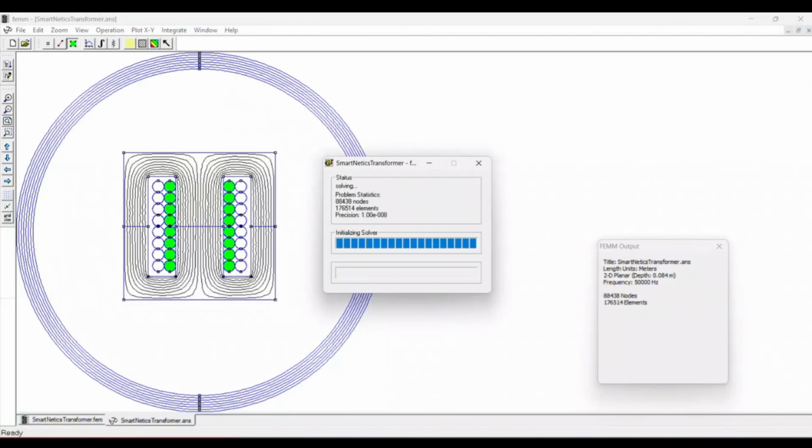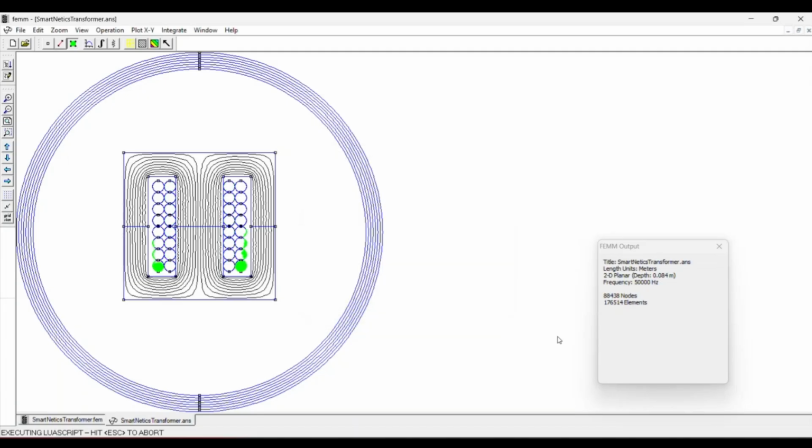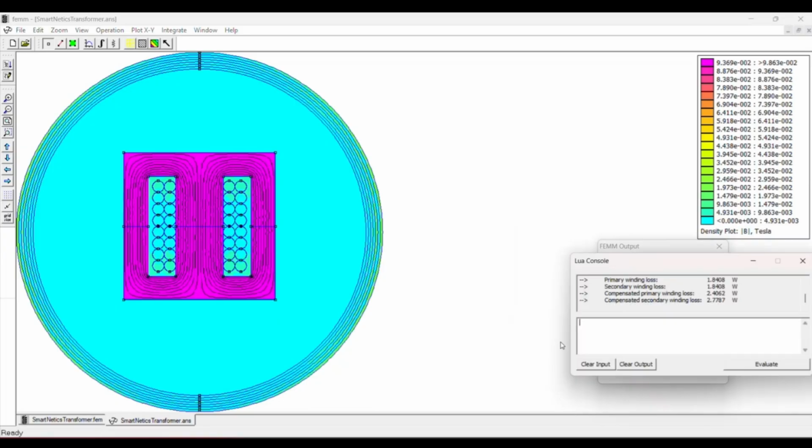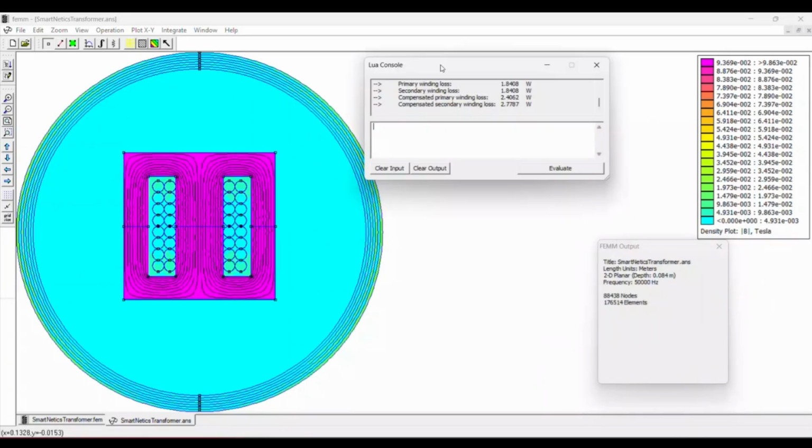Okay, and the tool automatically does every analysis it needs to get all the parameters we need. So the inductances, the resistances, the losses, etc. On top of that, we know that we have some problems when running a 2D simulation, and we automatically provide a solution for that to the user. And I will show that in here.